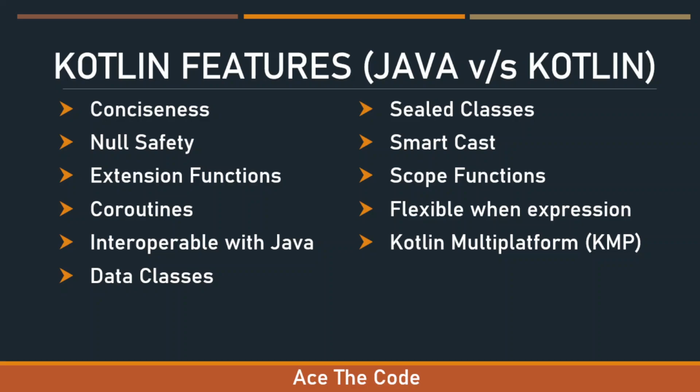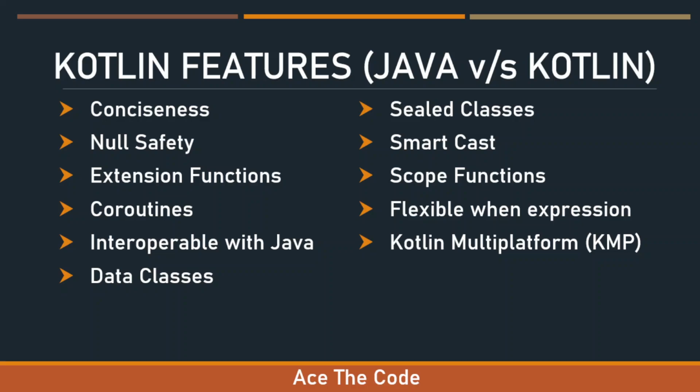When I want to create a data class in Java, we have to write lots of code. That is, we have to define all the properties, a parameterized constructor, getter methods, setter methods, a toString method, then an equals method, and whatnot. But when it comes to writing the data class in Kotlin, we can write it within a single line. So creating a data class becomes a small and easier task, and the compiler will generate all these methods for us.